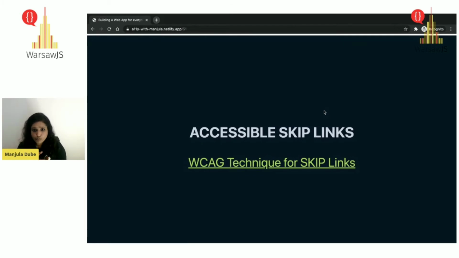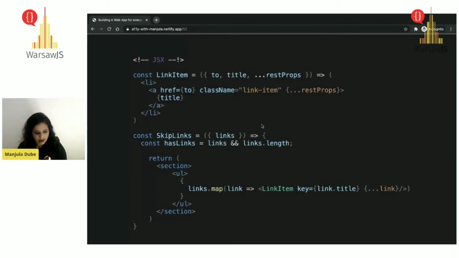And if you have too many links on your header or a menu, they have to tab through all the links, because they are keyboard only users, and it might get annoying sometimes for them to go through all the links and then go to the main content. So providing a skip link basically allows the user to directly go to the main content and bypass all other things very easily. So this is how you would do it.